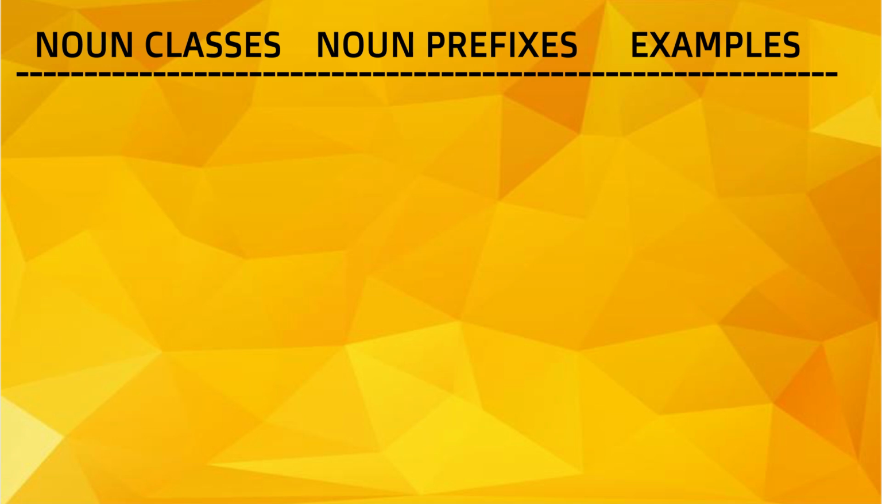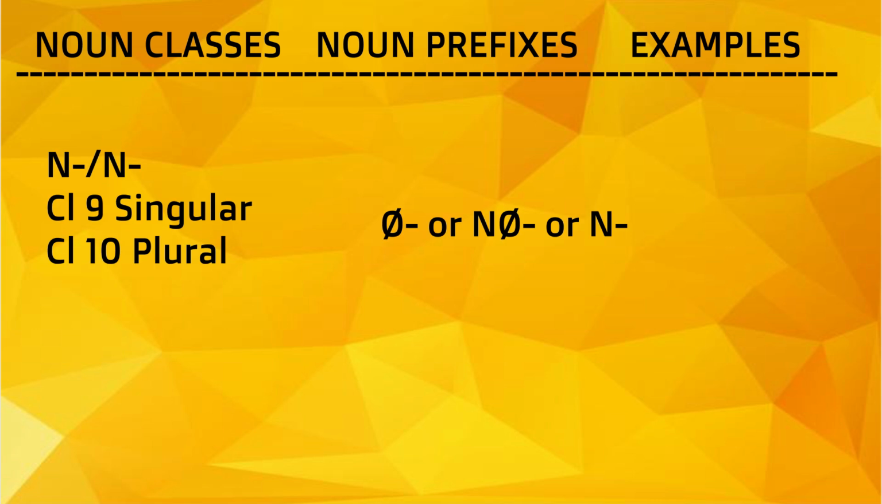We have a 9th and 10th class, whereby n is for singular and then n is for plural. In this class, we have abstract and concrete things, persons, animals, nature, and so many other things. For example, cloth, nguo,